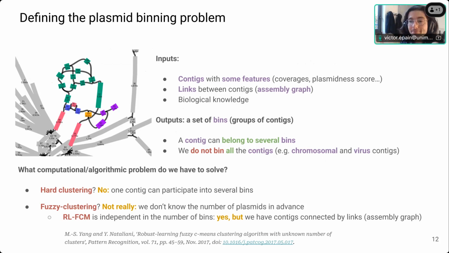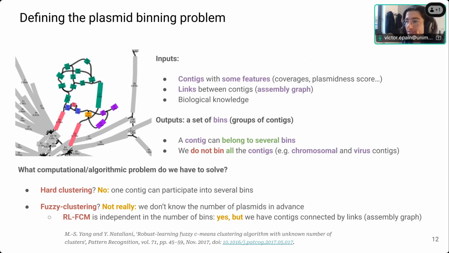It's fuzzy and not really, because in fuzzy clustering you have to give the number of clusters, and here we don't know the number of plasmids we are reconstructing. Sorry. There is an adaptation of fuzzy clustering, the robust learning fuzzy C-means. It's a fuzzy clustering approach, and it is interesting because it is independent of the number of bins.